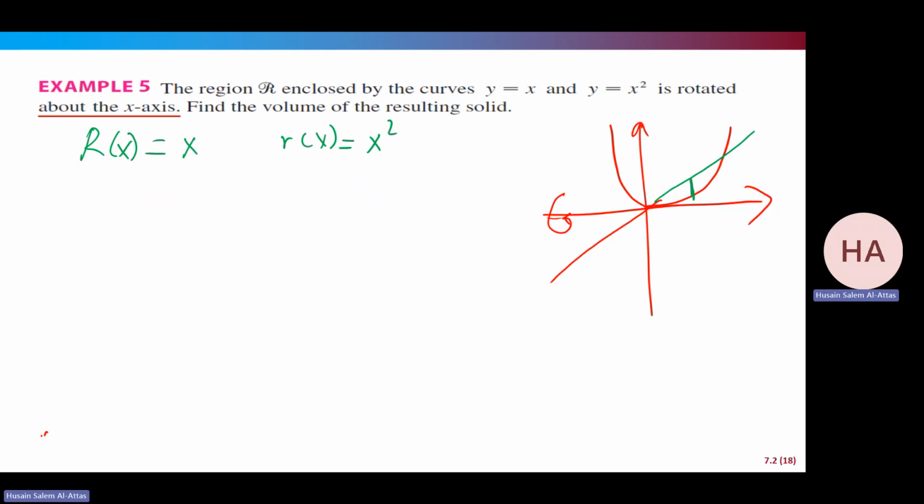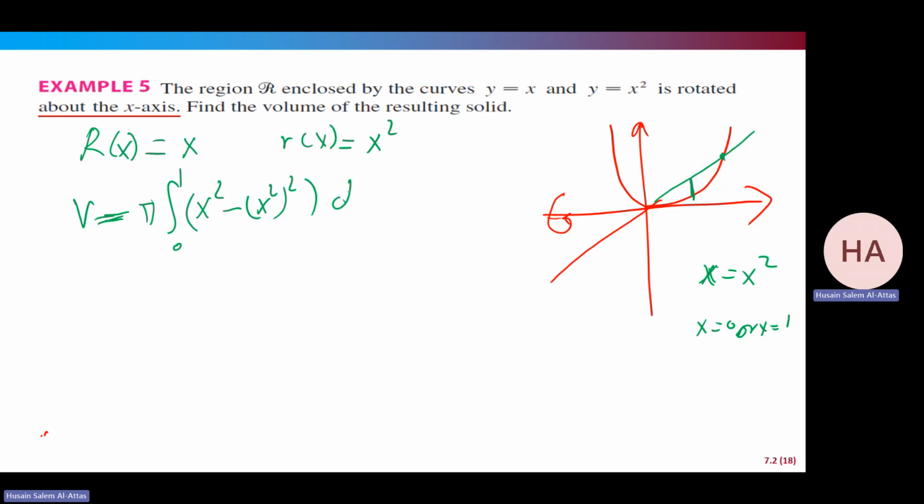So the volume will be pi from where to where? I need this point. How to get this point? I have x equal x squared, so x will be 0 or x is equal to 1. So it's from 0 to 1 of capital R squared minus